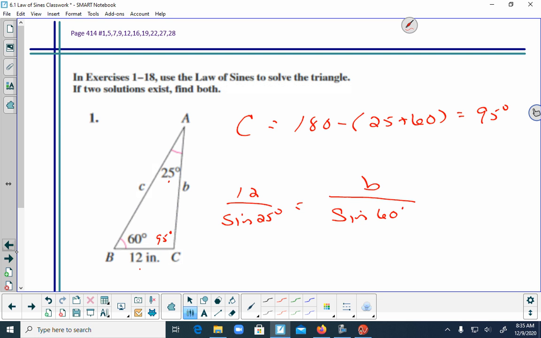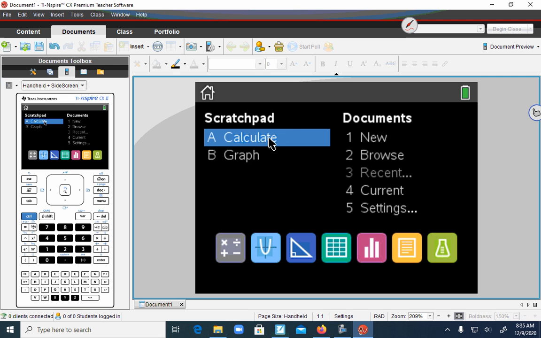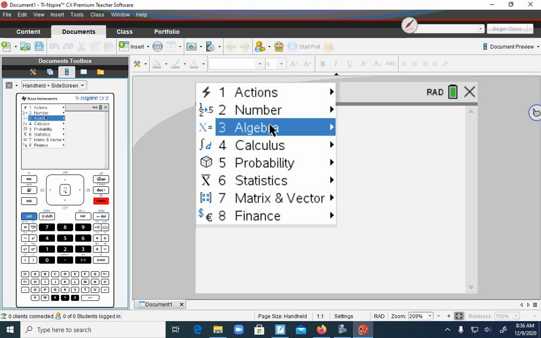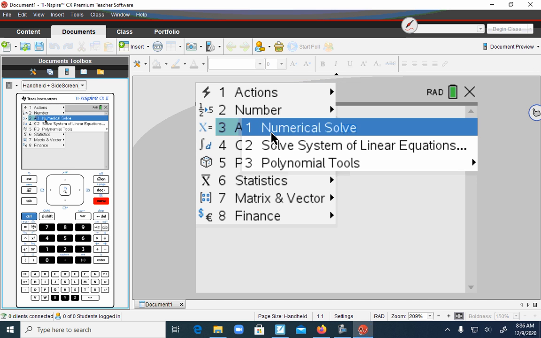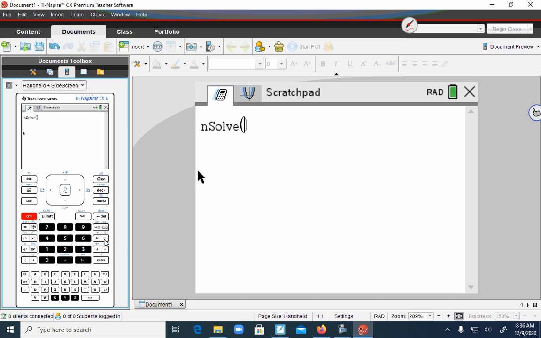And so I'm going to do this on my calculator. I'm going to show you how to do the first one, and then after that, just a few here and there. So I'm picking up my calculator, and I believe she talked about numerical solve. So I'm going to go to a graphing page. I'm going to hit menu. I'm going to go to algebra and numerical solve. And I have that nSolve. So then I'm going to do my favorite button, the control divide. And I am going to put in 12